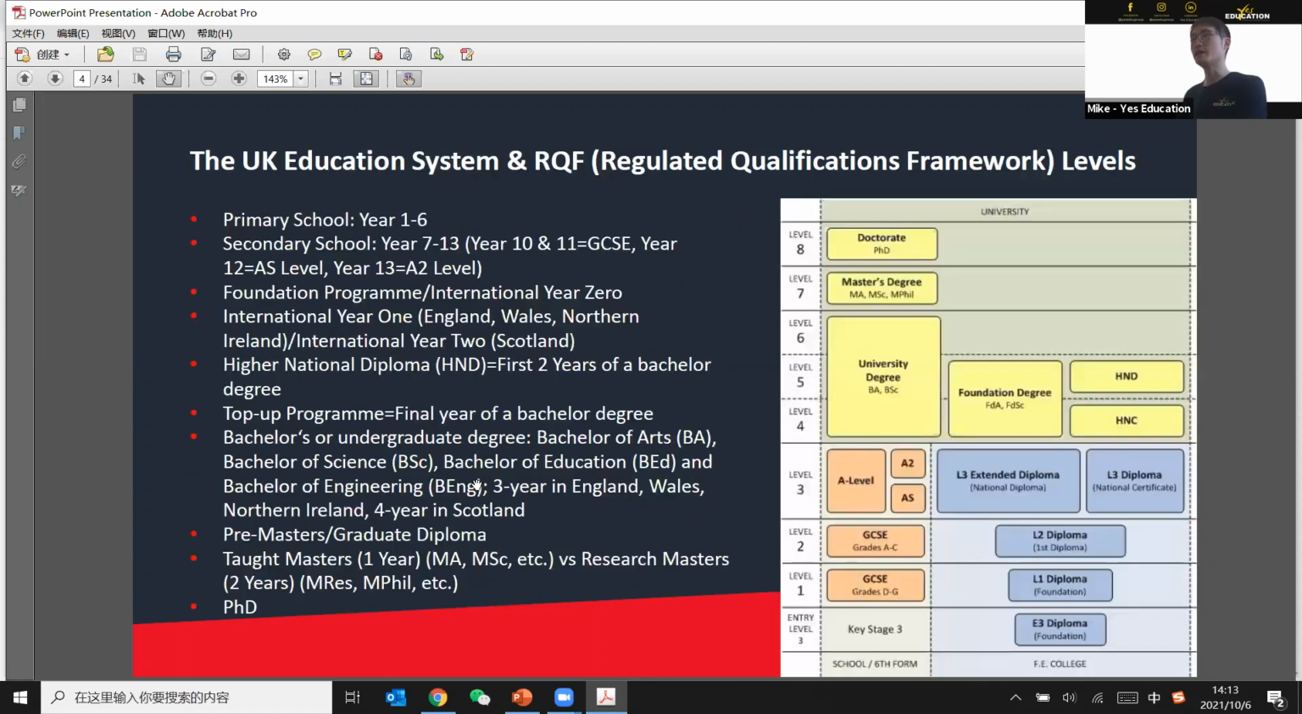Okay, next I will give you a brief introduction about the UK education system and the qualification framework. Like many other countries, the primary school in the UK is 6 years, from year 1 to year 6, while a secondary school has 7 years, from year 7 to year 13. Year 12 is the AS level, while year 13 is the A2 level in the